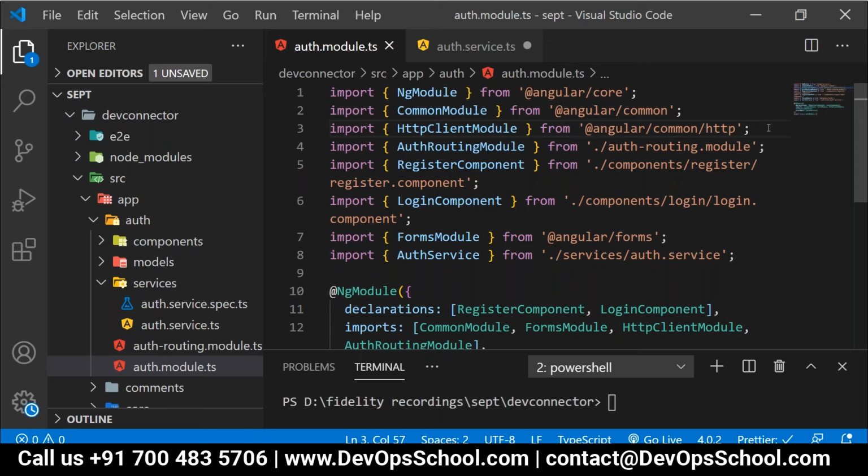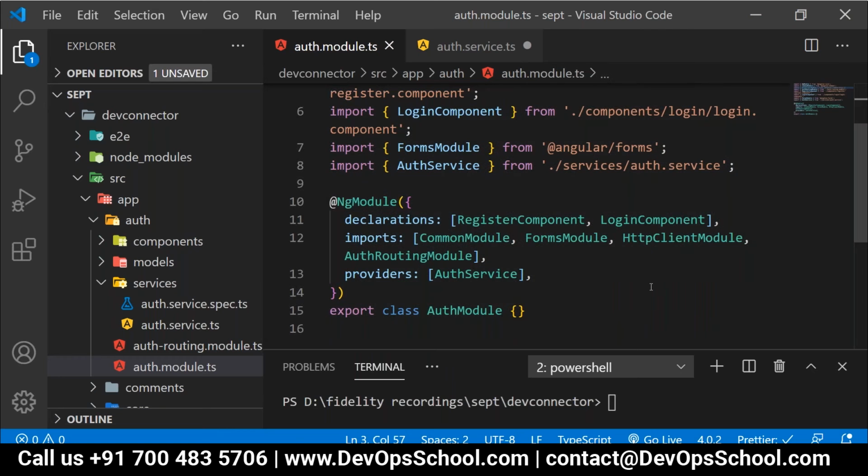Please let me know. Have you added this HttpClientModule? Can you go to auth.module.ts? There in the imports, we added HttpClientModule. Okay, got it. What about others? Are you done with this or not?